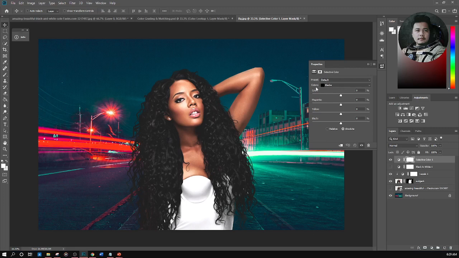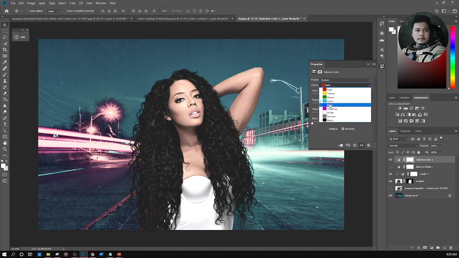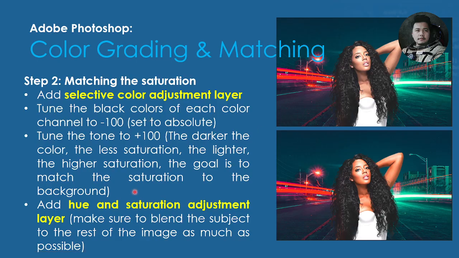So let's select reds. Okay, whenever we click the drop down, it will give us different color channels. So for the color channels, we're going to set the black color to negative 100. Okay, so again, let's start with the red. Let's set the black color to negative 100. Let's do the same thing with the rest of the colors. Yellow, let's move that to 100. Greens, let's tune it back to negative 100. Cyans, same thing. Blues, Magentas. Okay? And then, next is we are going to